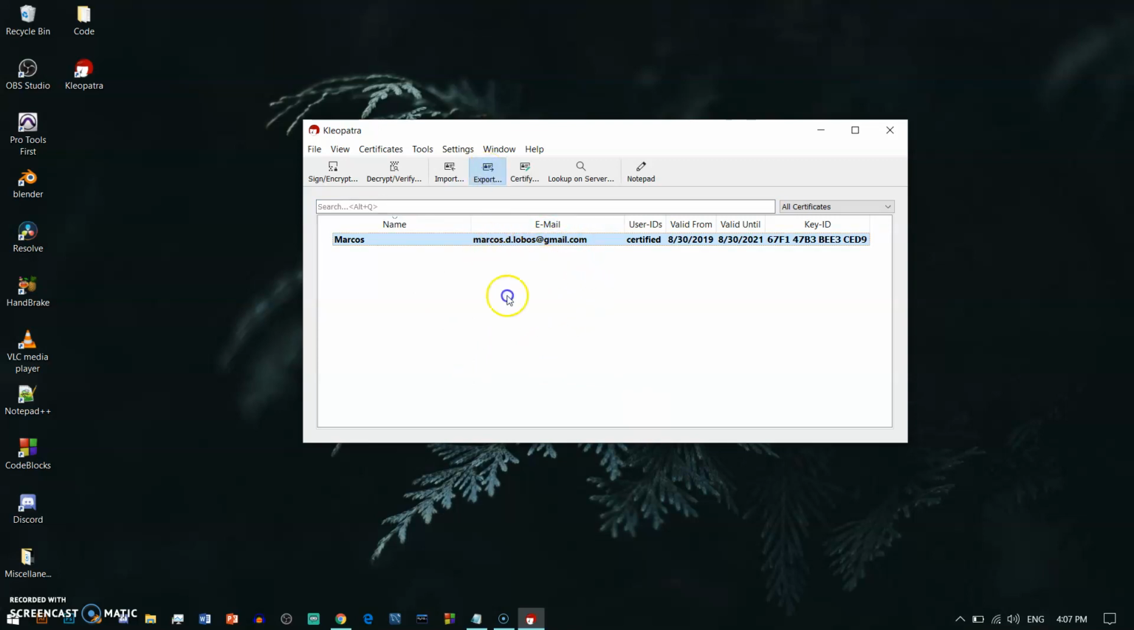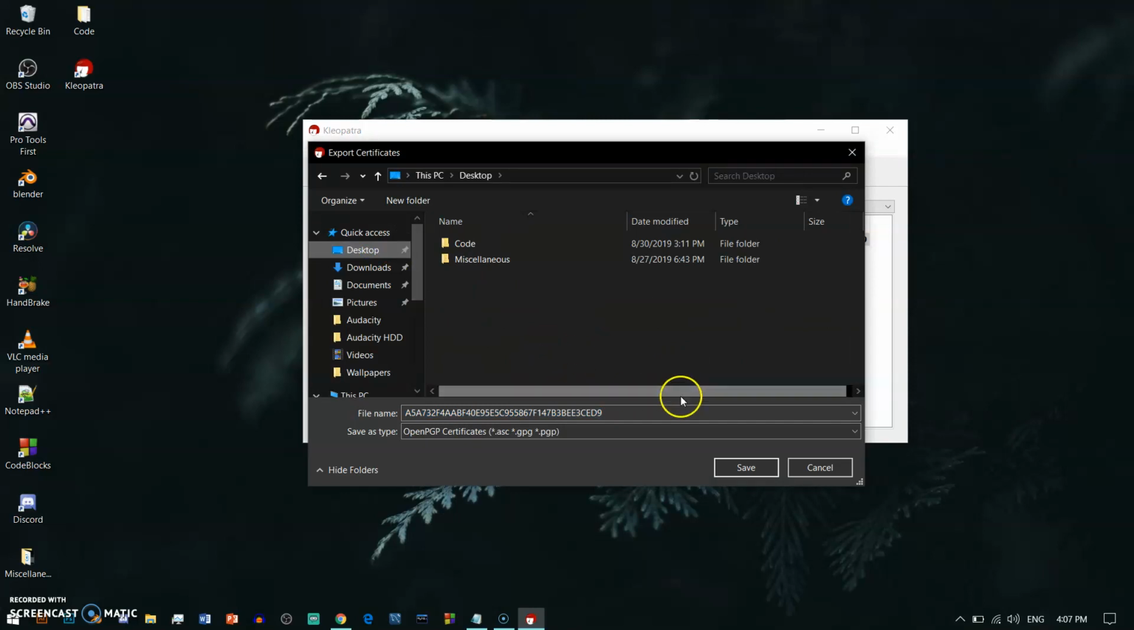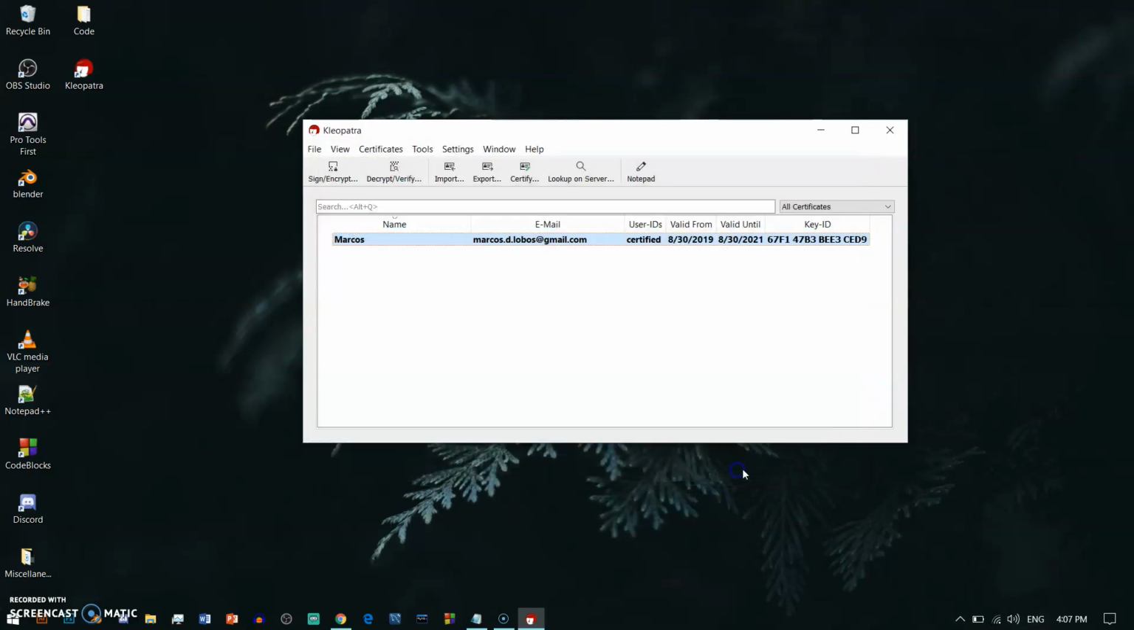I'm going to click Export. And then it's going to ask me, where do I want to save this certificate? So I'm going to save it to my desktop for now. I'm going to click Save. And as you can see, this new file appeared. This is our public key that we can send to someone who wants to send us an encrypted